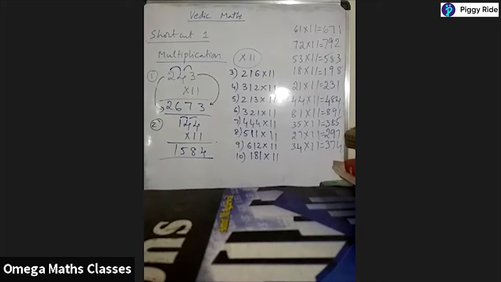And in this shortcut we have 2 methods actually. This is the first one. Two types are there. This is the first type. These are very easy. In the first type, 2 digit, 3 digit, 5 digit, all are there. Like the second type also, the same process. The process is the same, but there is a small difference.